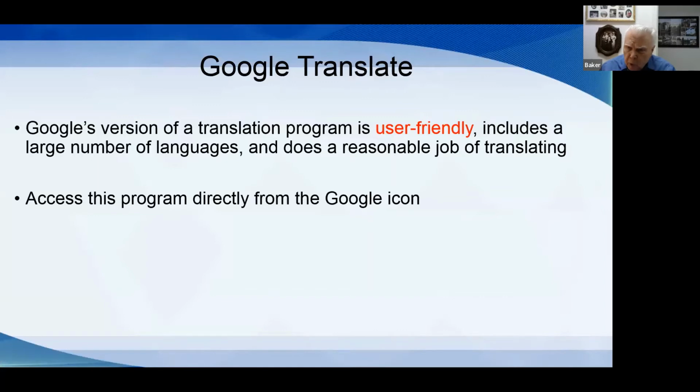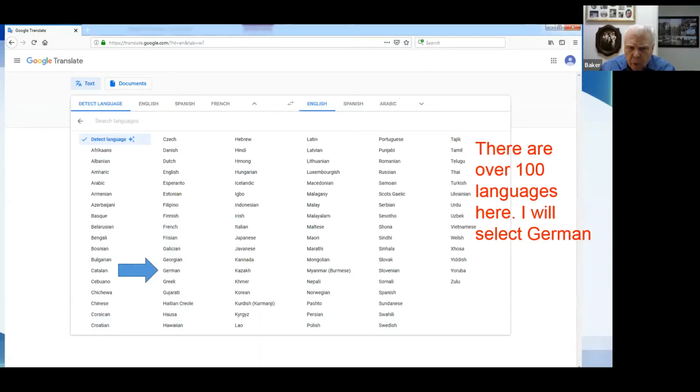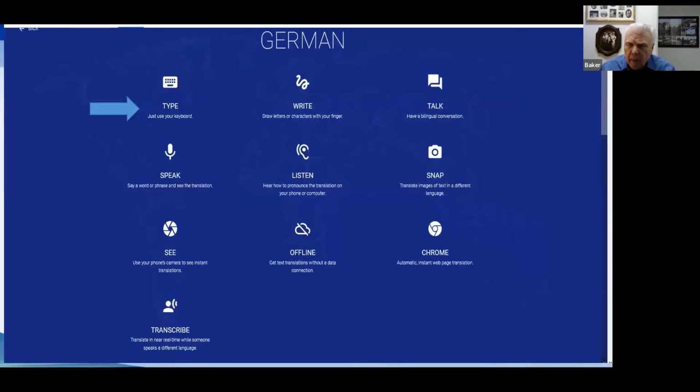And Google Translate is an example of that. It always has been user-friendly, and it probably does as good a job of translating as any of the other translating programs. But you access that right from the app, and you pick your language. Here I've chosen to look at some German people, German records. Now, not only will they give you information if you type in what's on the left-hand side and what you want on the right, but they've